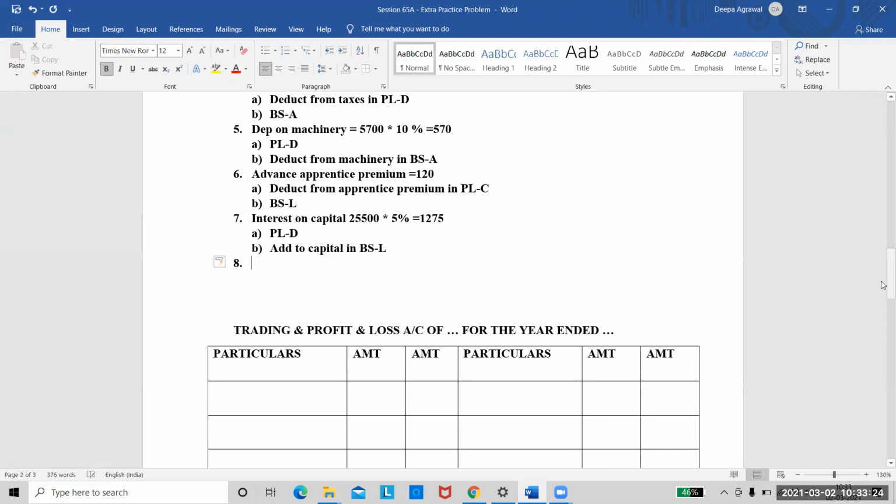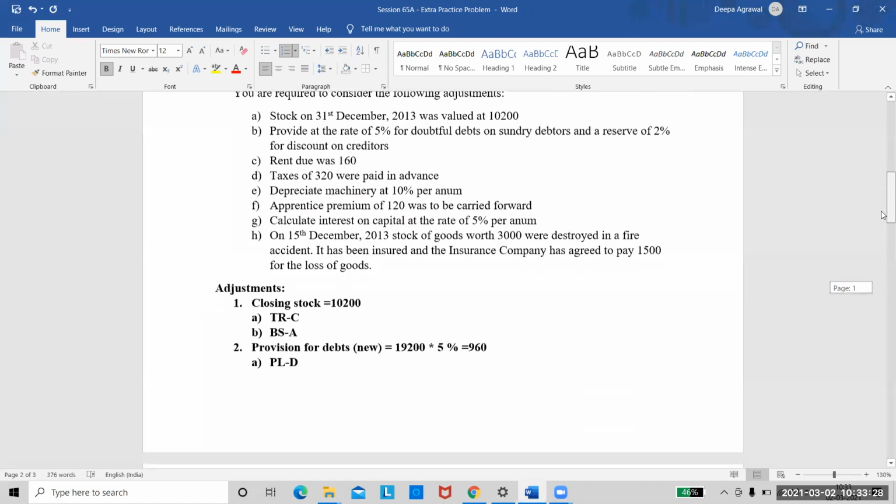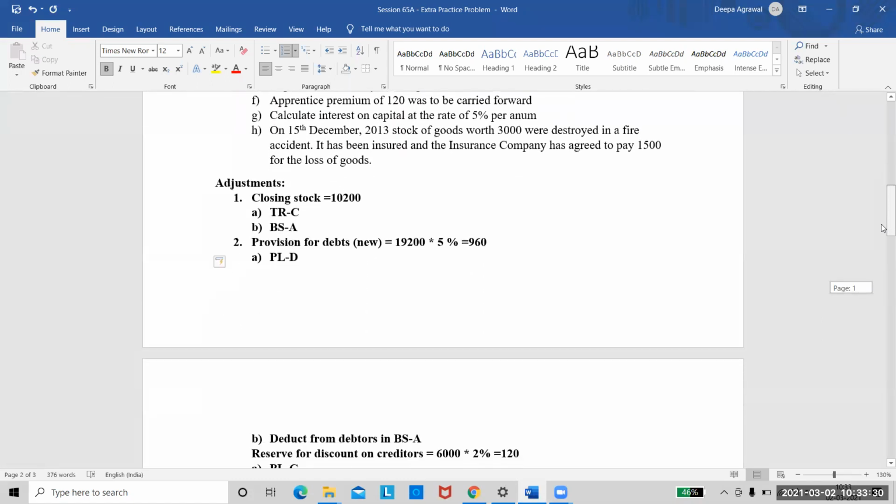Next adjustment. So that's the last adjustment and it's the most important adjustment. Now every one of you will have to listen carefully to this adjustment. See and listen carefully. Put a star mark. It's a very, very important adjustment. On 15th December 2013,